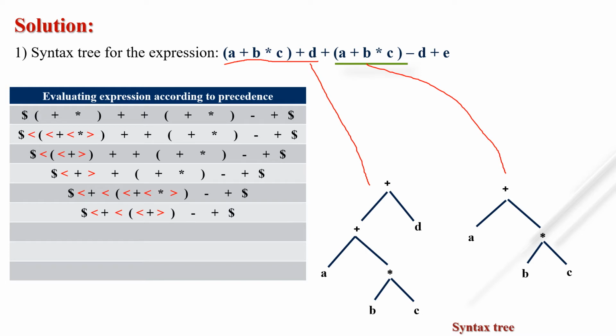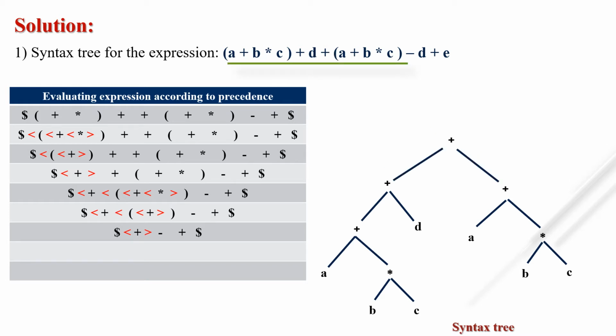Okay, let's see what is our next precedence. Next precedence is this plus. This plus indicates this one. This is our handle. Okay, so we simply add this sub expression and this sub expression with the addition symbol. Okay, so what is our next precedence? Let's see. Next is the minus sign. So the whole expression which will be evaluated, that is this one.